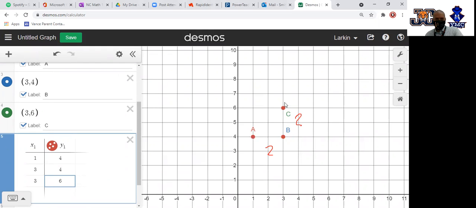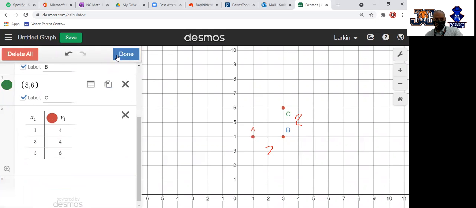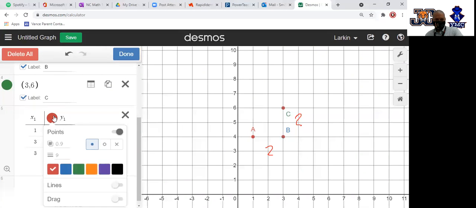They're still not connected, so I'm going to click on the gear. I'm going to click on my red circle beside y1, and I'm going to click beside lines and check that on. As you can see, it connected from A to B and from B to C, but I need to connect